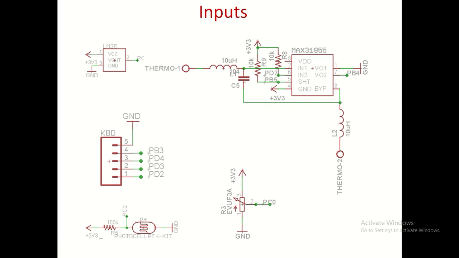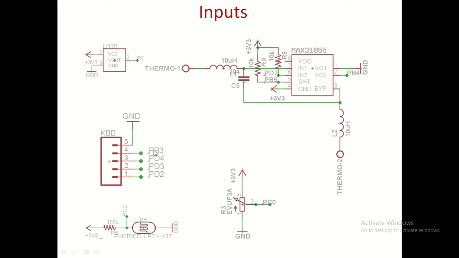This is a thermocouple amplifier, plus it has an inbuilt serial interface, so that we can interface this device to the serial peripheral interface, where the 12-bit data is directly in the form of serial. So we don't need an A to D converter in this case. Similarly, there is an LDR which converts light intensity into an electrical signal. Of course, here we require an A to D converter, and there is a potentiometer.